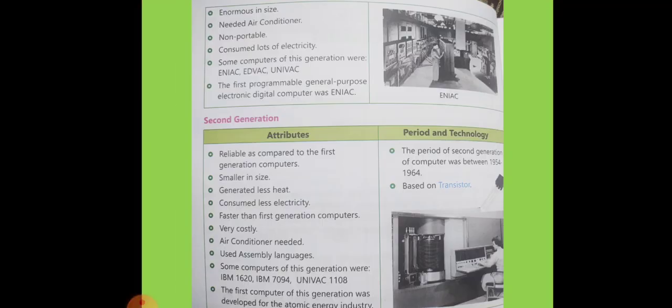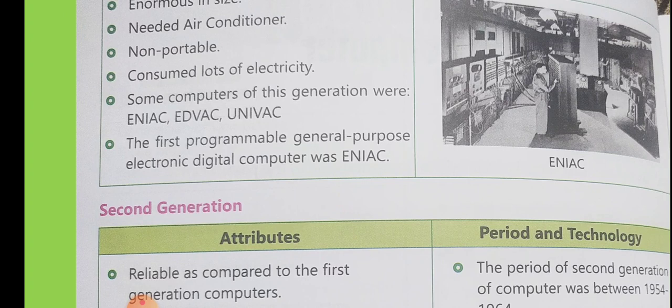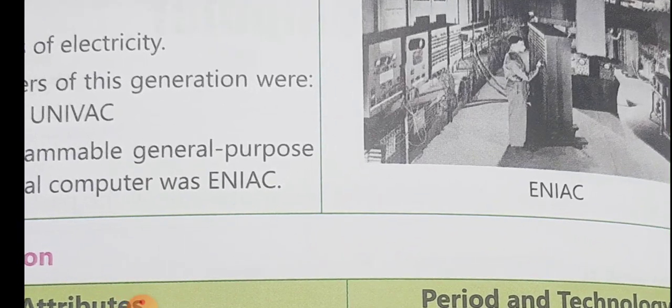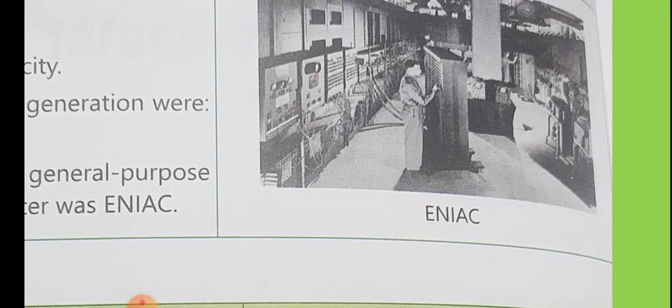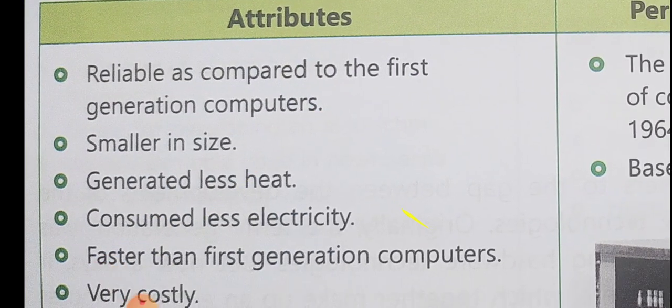And the examples of such type of computers are ENIAC, EDVAC, UNIVAC, etc. And the first programmable general purpose electronic digital computer was ENIAC. ये इसका पिक्चर है, देखो कितना बड़ा साइज़ है इसका, ठीक है। और इसका नेम था ENIAC। ये हमारा जनरल पर्पस इलेक्ट्रॉनिक डिजिटल कंप्यूटर था। फिर उसके बाद आई हमारे पास सेकेंड जनरेशन, और सेकेंड जनरेशन स्टार्ट हुई हमारी